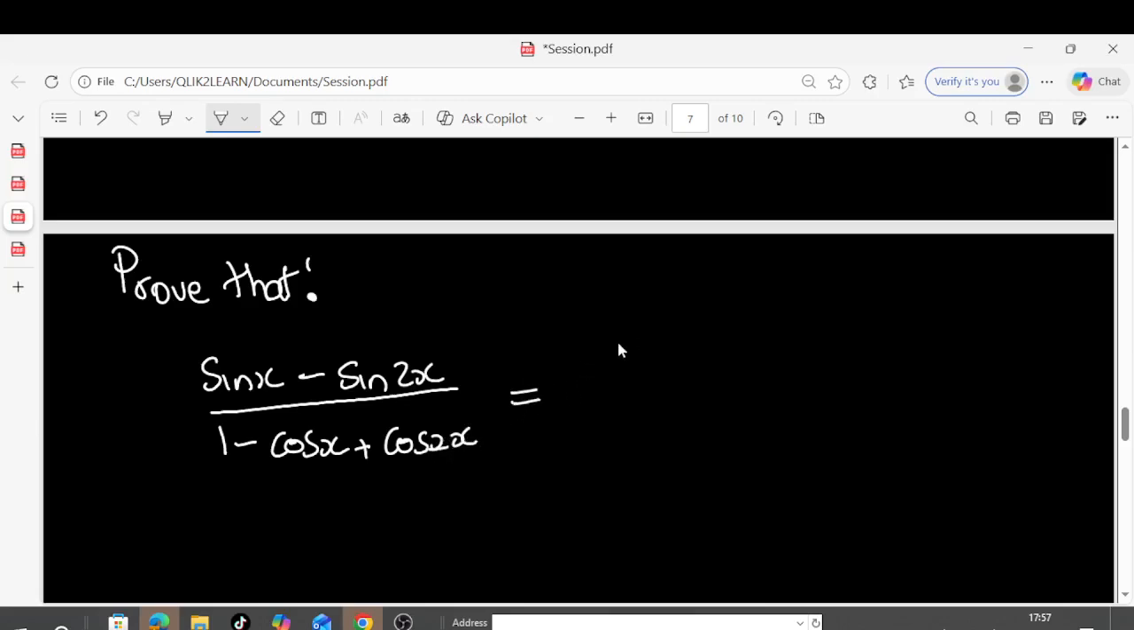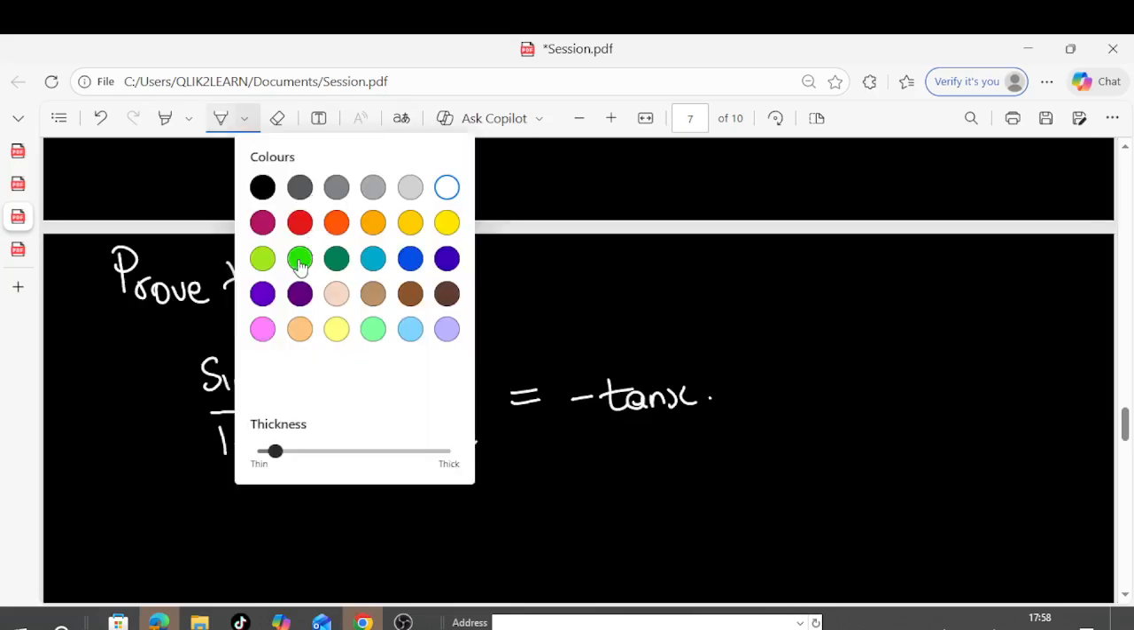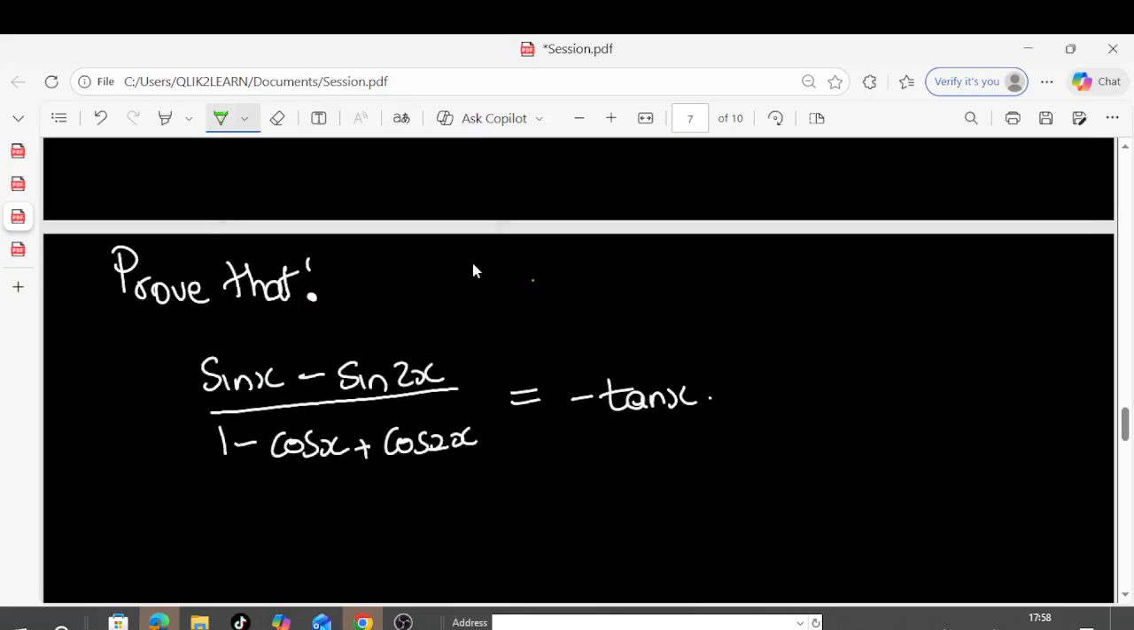This is equal to negative tan x. So when you do your proofs, I need you to also consider what you are trying to prove. Look at this. I know that tan x is equal to sine x over cos x. So what I have in mind is that,